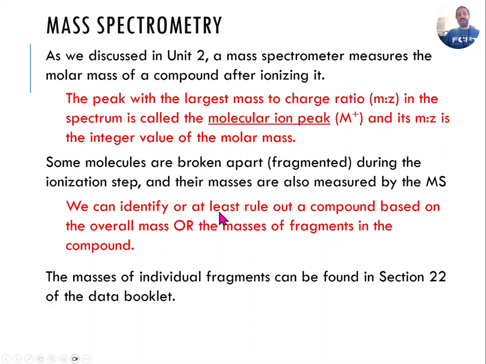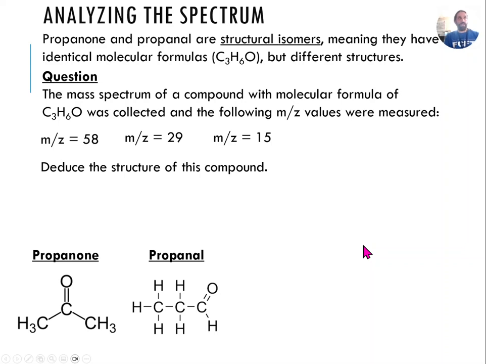And you can identify a compound, or at least rule out what compound it could not be, based on the masses of fragments. You can find the masses of individual fragments in section 22 of the data booklet. So here we can look at the mass spectrum of one compound that could either be propanone or propanal. These two compounds are structural isomers of each other, which means they both have the same molecular formula, C3H6O, but